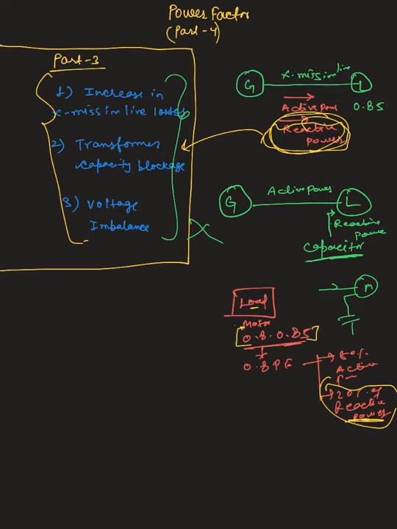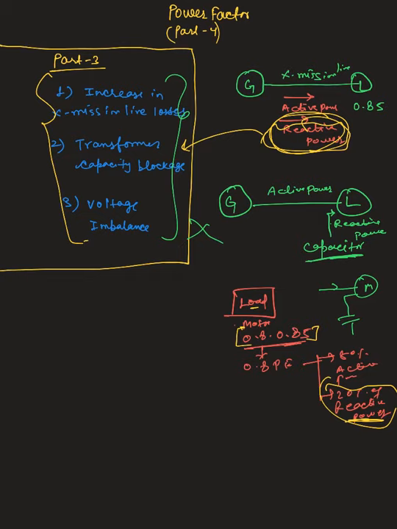Alright, so we understood that we cannot do anything about the load power factor. We cannot do anything about the reactive power requirement of the load. It is required, it is necessary. All we can do is minimize the flow of reactive power in the transmission line. In other words, we can minimize our dependency on the grid or on the transmission line to supply the reactive power required. You can remember one line here, and you can write it somewhere: reactive power should be as local as possible. It should not flow in the transmission line.